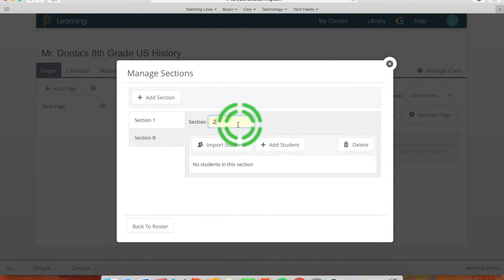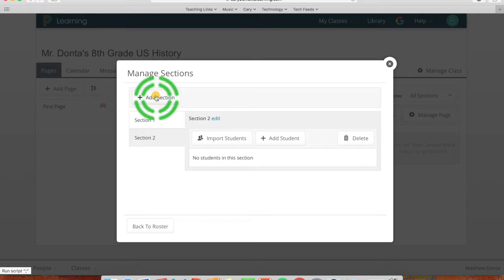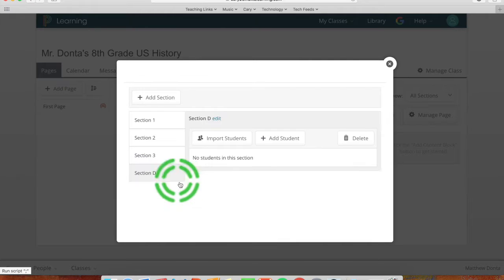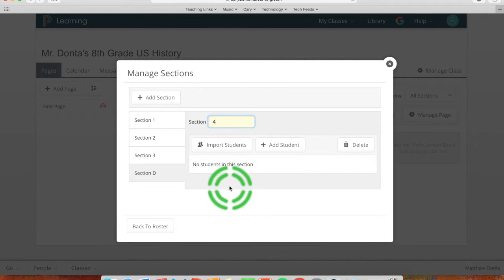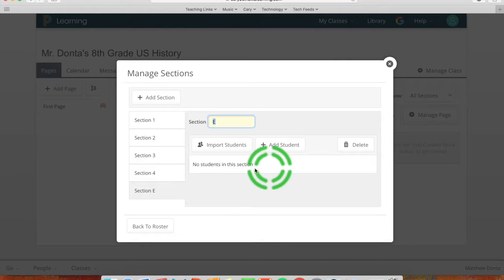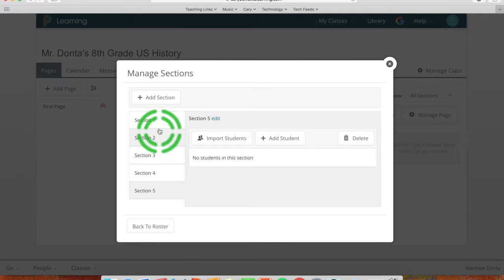Section B, rename that to period 2. And you can add sections by clicking on Add Section up here. Section C will be period 3, and so on and so forth. You can go ahead and do this for the class periods that you teach. Once you've got your sections set up, you've made sure that that aligns to your teaching schedule,